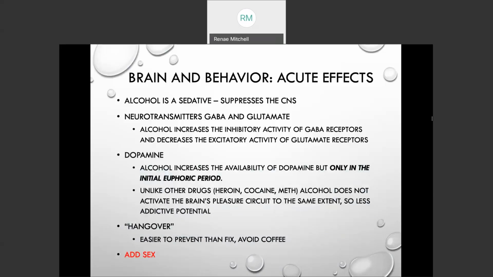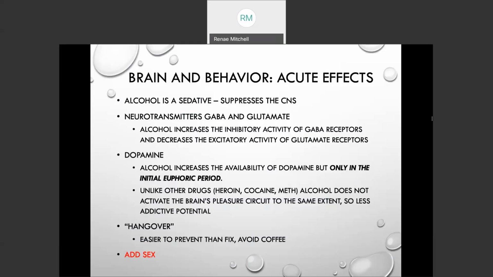So alcohol overall is a sedative, and sedatives suppress the central nervous system. So it sedates someone, which is the origin of that word. So it slows down the functioning of the brain, neurons in the brain and the spinal cord. It involves the neurotransmitters GABA and glutamate, which, if you'll remember from our brain chapter, are the 2 most prominent neurotransmitters in the brain, and